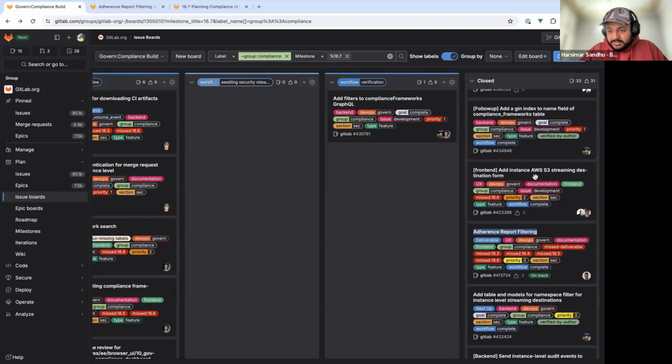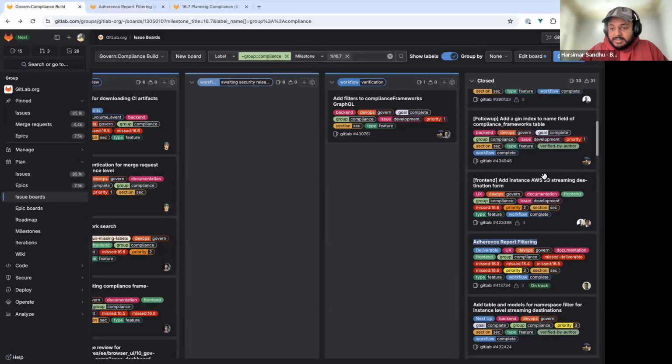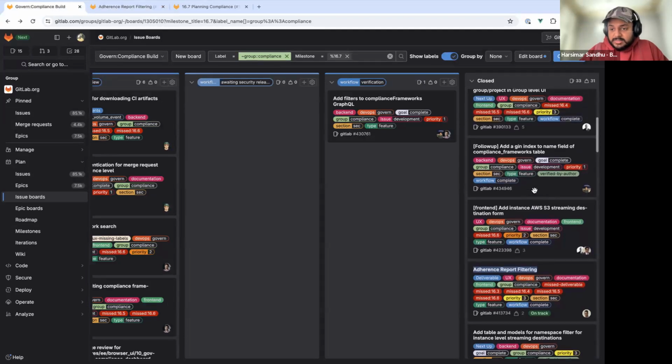Okay, so this is the same, I think, front end for the instance level streaming we discussed earlier, right? Next is the follow up, add a GIN index to the name field of the compliance frameworks table, with Hitesh.